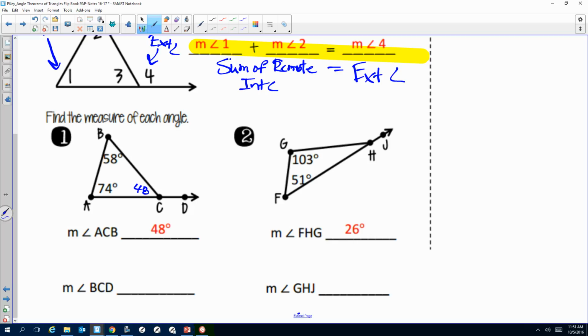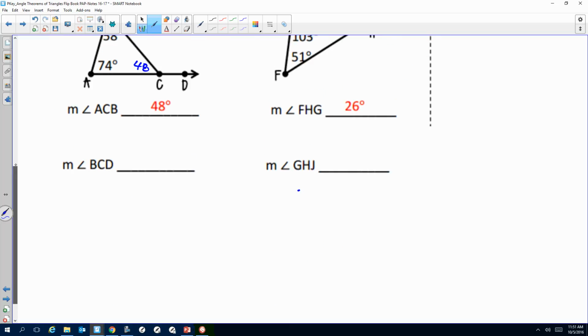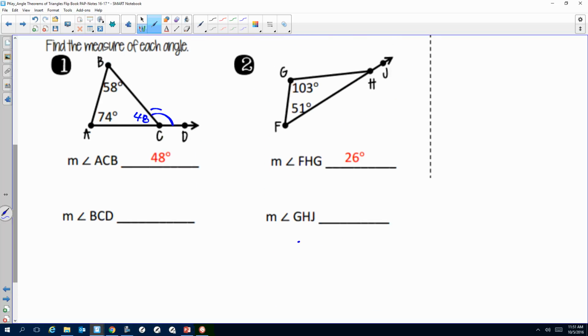If I'm using my exterior angle theorem, then my angle out here basically equals 58 plus 74. Or you can use your linear pair. Since that's 48, we know this is a linear pair, I can just do 180 minus 48. Does not matter which method, just make sure you show that method to justify your answer. So we should have, what was this, 132. All right, so on number 2,